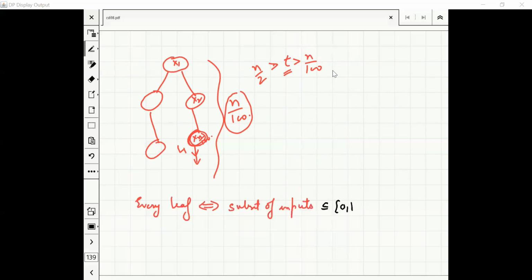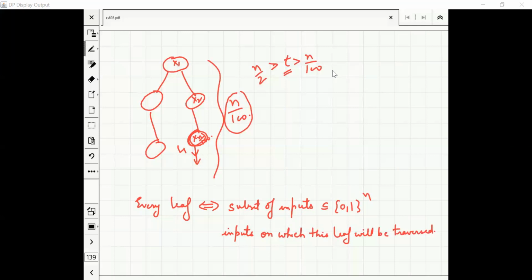Zero, 1 to the n. Inputs on which this leaf will be in action. This is clear? Yes. Correct? Right. Now it is not sufficient to show that correspond the inputs of that leaf. If I succeed on constant fractions, I would be fine even if my failure is just on 1 or 2 inputs, then it is okay. Then still my randomized algorithm can succeed.